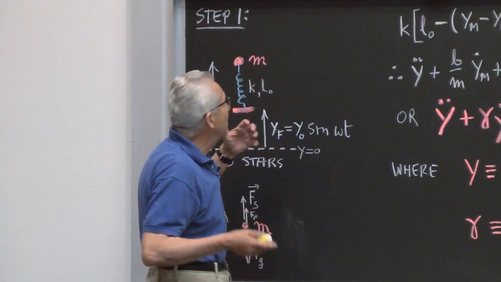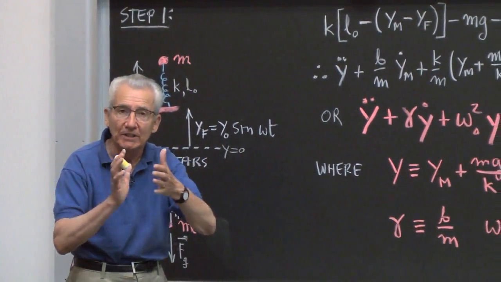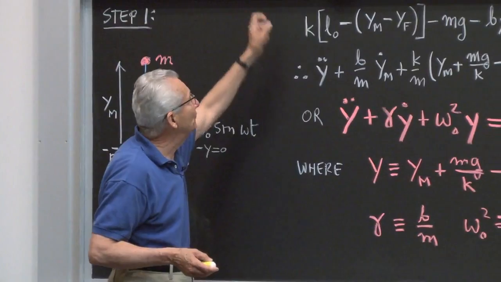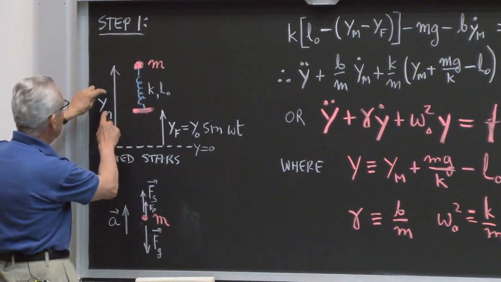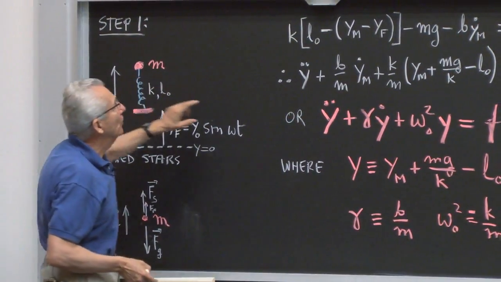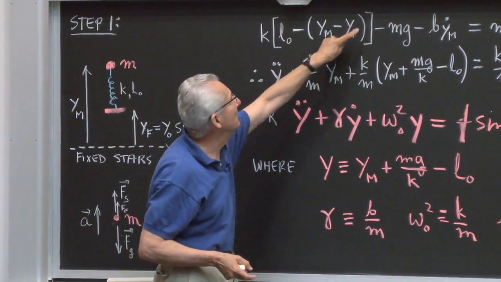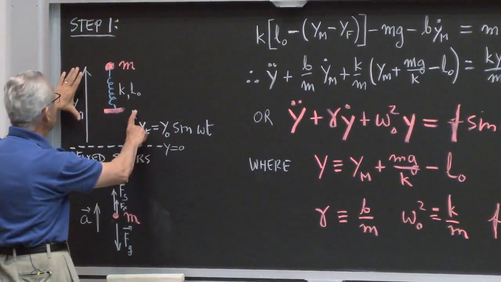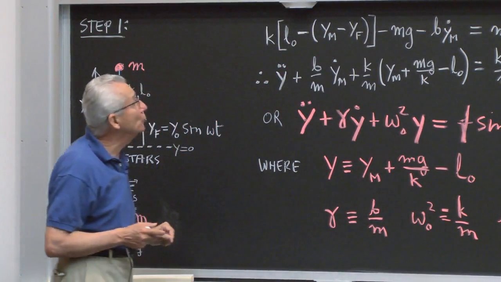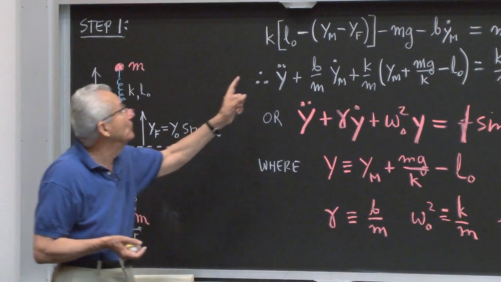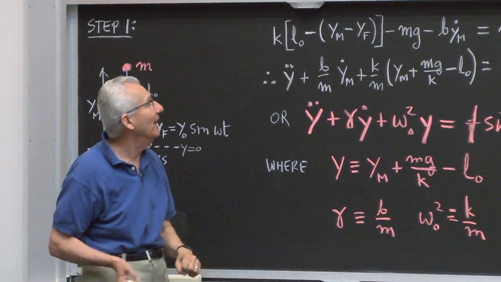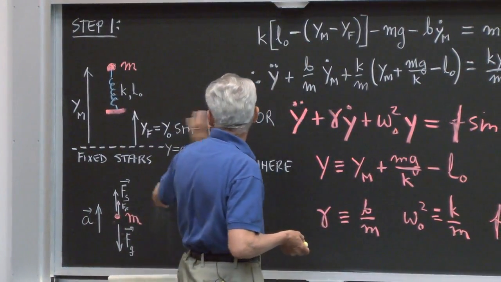So the magnitude will be k times the change of length from the natural length. So the upward force will be k times the natural length minus this quantity, which is the difference between this and this, which is therefore how much the spring is compressed. And therefore it's a force upwards if this is a positive number. If it's a negative one, it's stretched, it's pulling it down. So this is the force up due to the spring.